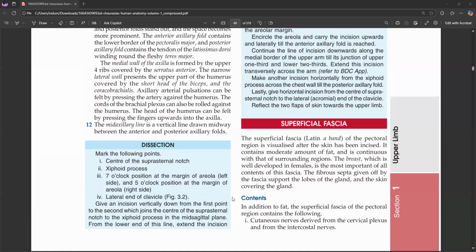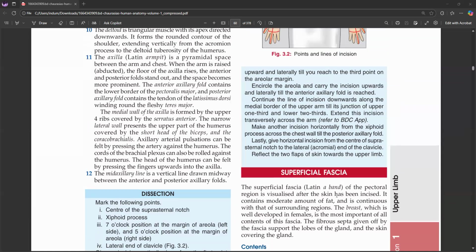Give an incision vertically down from the first point to the second, which joins the center of the suprasternal notch to the xiphoid process in the mid-sagittal plane. From the lower end of this line, extend the incision upward and laterally till you reach the third point on the areolar margin. Encircle the areola and carry the incision upwards and laterally till the anterior axillary fold is